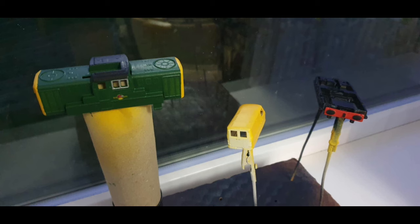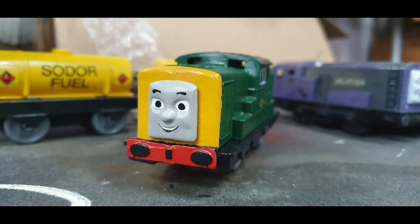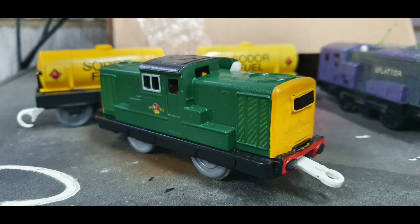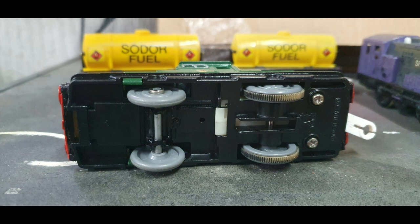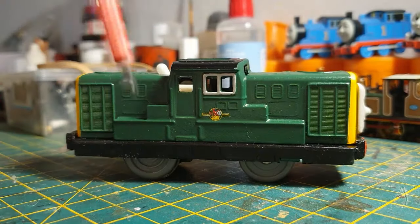Just a few more photos of it being sprayed in clear coat. And here we are with the final product. So, yippee! What else have I done with this model? Oh yes,